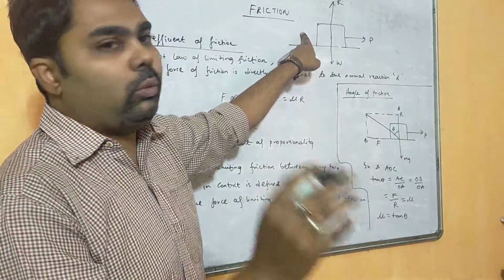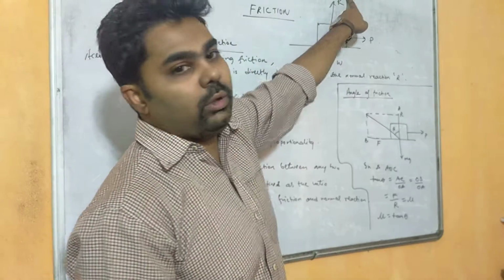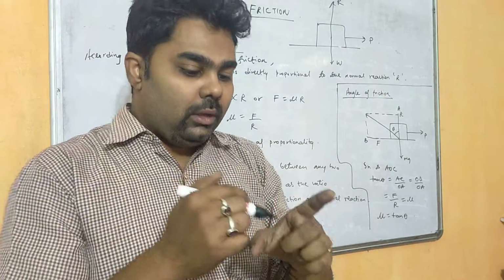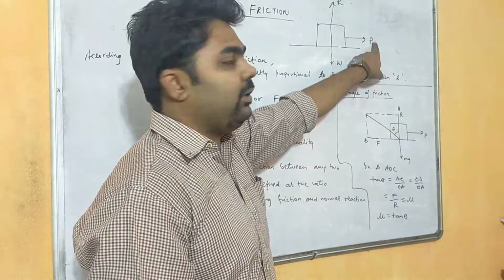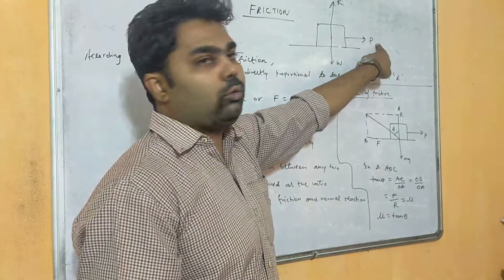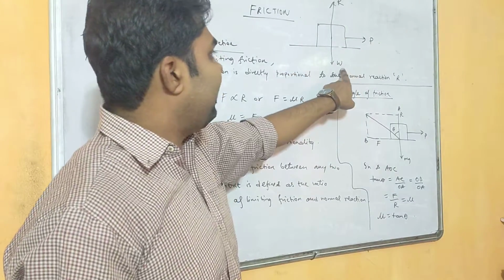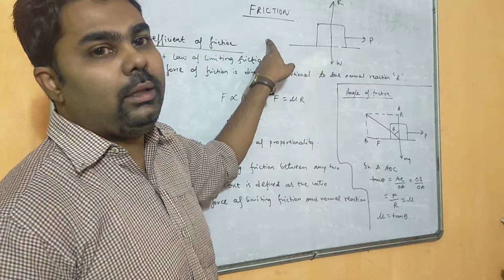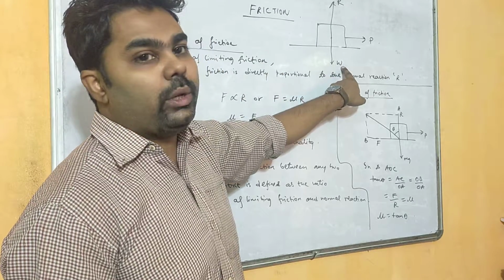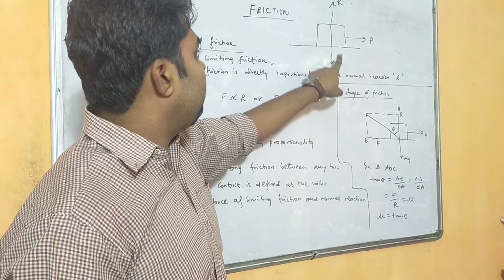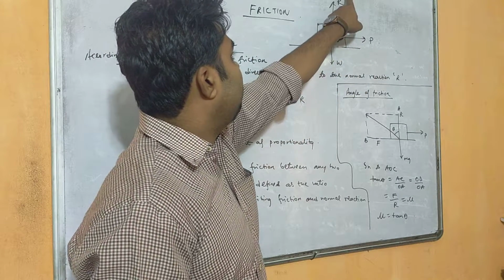In short, the frictional force is directly proportional to the reaction force. I repeat, if the block is heavy, then the force you apply will be more. So the applied force depends upon weight. Now if the object is heavy, more frictional force will be acting in the backward direction. So friction also depends upon weight, and applied force also depends upon weight. Therefore the weight is directly proportional to R.